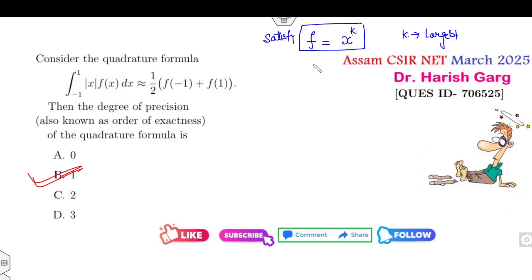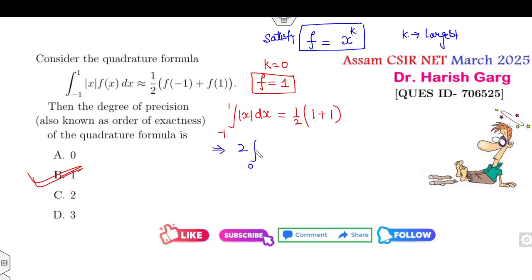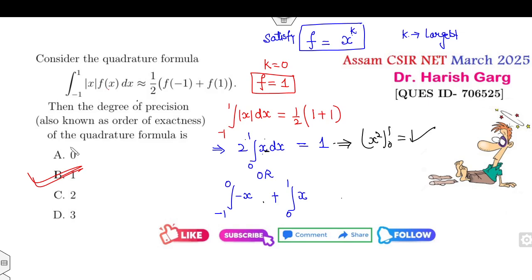एनी हाउ, सेकेंड मेथड से चलते हैं। अगर आपको एग्जामिनेशन में ये नहीं याद रहा क्वाड्रेचर क्या है, सबसे पहले k की वैल्यू को 0 लेते हैं, तो f क्या हो गया आपका? 1। तो चेक करते हैं इसमें फिल करके वेदर दे सेटिस्फाइड इक्वेशन और नॉट। तो ये क्या हो गया? mod x विच इज इक्वल टू हाफ, f of -1 is 1, f of 1 is 1। इट्स ए इवन फंक्शन, तो मैं इसको ट्वाइस करके लिख देता हूं, 0 से 1 x dx, और आप इसको ब्रेक करके लिख सकते हो -1 से 0 और 0 से 1। 0 से 1 में ये पॉजिटिव है, इसमें ये -x है, राइट साइड पे कितनी होगी? 1। सो क्लियरली अगर आप इसको इंटीग्रेट करोगे तो ये कितना आएगा? x स्क्वायर बाय 2, 2 कैंसिल हो जाएगा, x स्क्वायर की इंटीग्रेशन फ्रॉम 0 to 1 इज 1, सो सेटिस्फाइड।